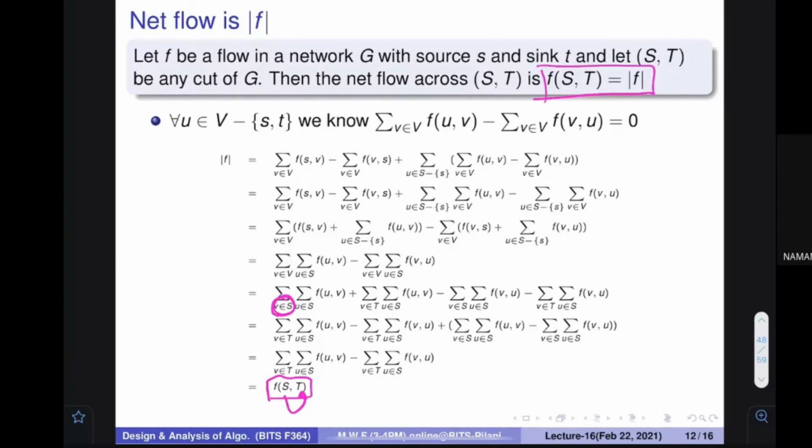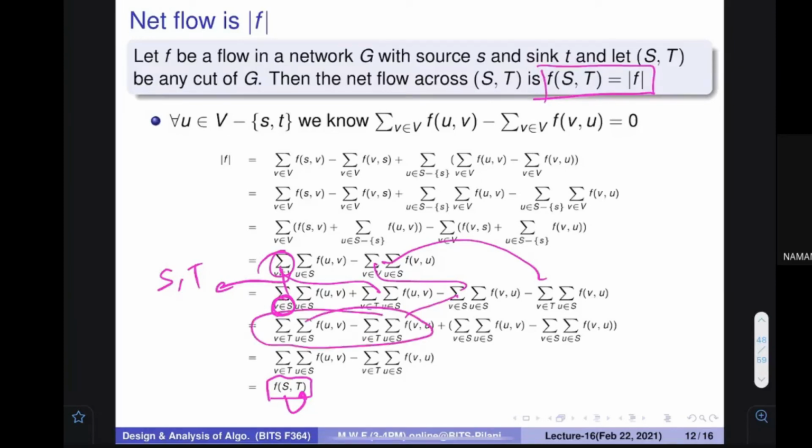I think it is clear to you now, because the small change here is nothing more than this, that you know that V contains S and T. So I can say that this summation can be broken into two parts, here and here, and similarly here and here, and then I can rearrange these terms and say that for all the things which are T, there is a flow over here and a flow over here, and if I find the summation between these two things, I can say that it is the total flow into the network.